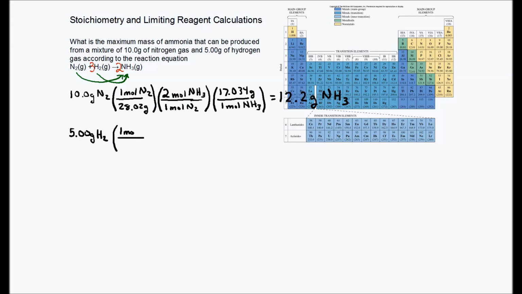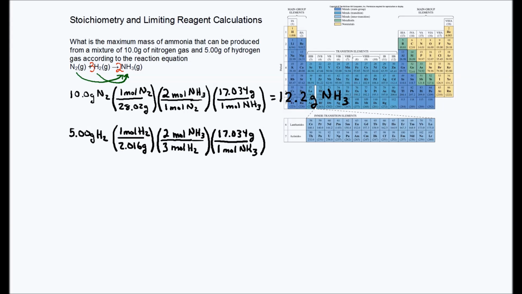1 mole of H2 has a mass of 2.016 grams. That's its molar mass. Convert from moles of H2 into moles of NH3. The coefficient in front of H2 is a 3. The coefficient in front of NH3 is a 2. And then convert 1 mole of NH3 into grams, which we just did, is 17.034